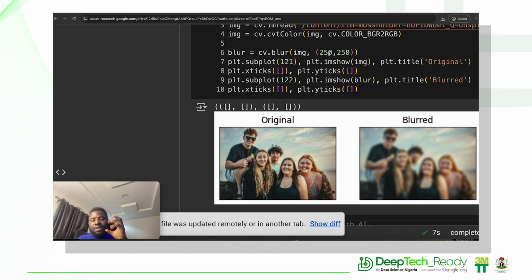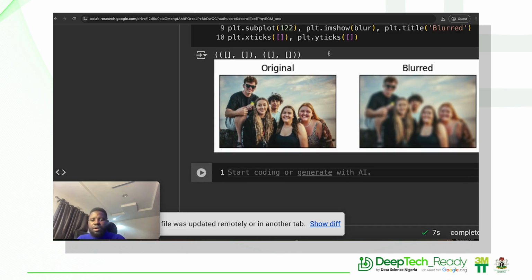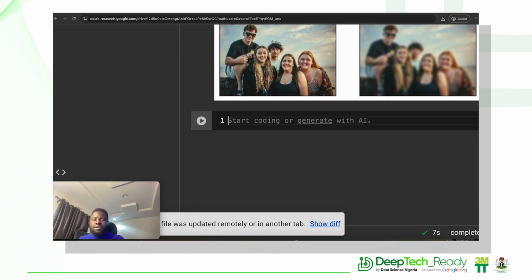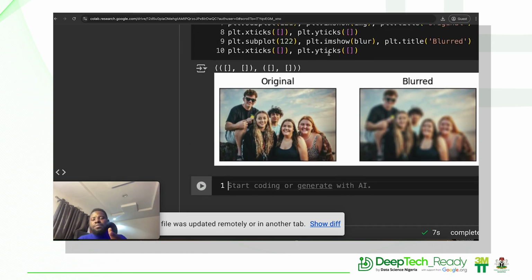And the smaller the size of the image, the smaller the size of the filter, so as to see the effect of the blurriness. That doesn't mean you can't use a bigger filter on a bigger image. It's just going to be too much, but you just want to see something more pronounced. So you can actually have an image that is blurred and reverse engineer it into its original. That's what we call super resolution. And then you can actually convert an image into its blurry form. So these are basic